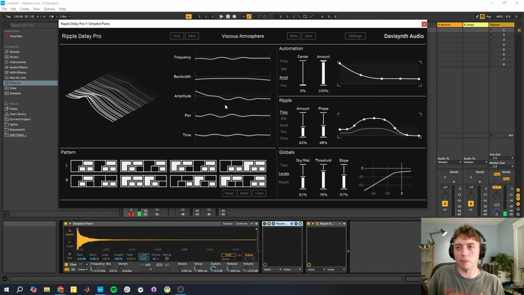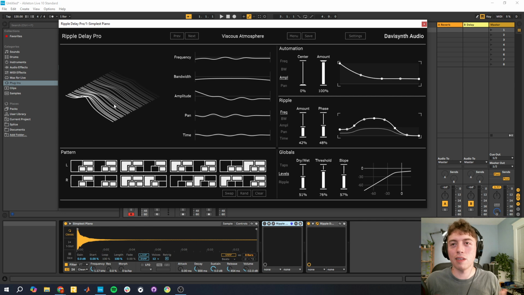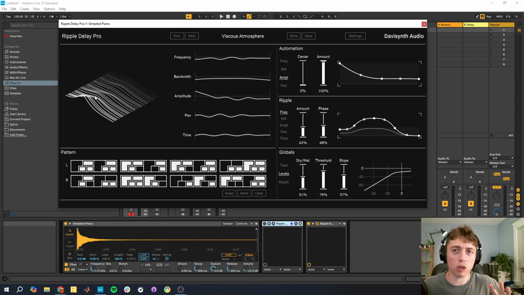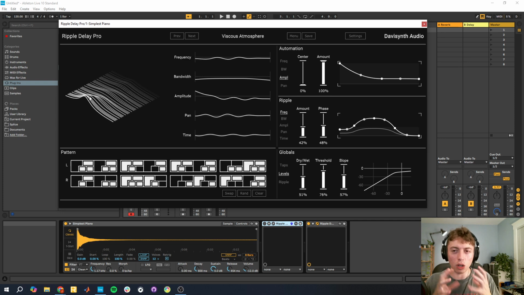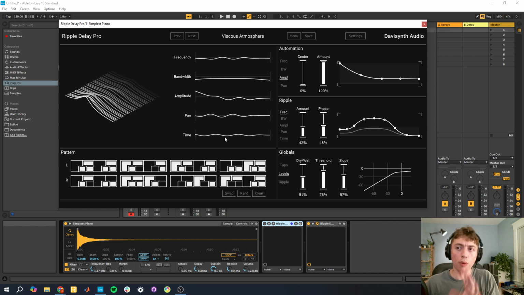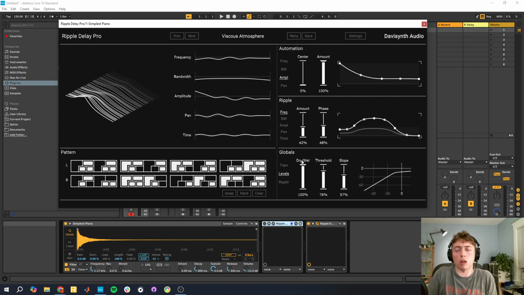I think it sounds awesome. And I think what's making a lot of that is the fact that you have this lower mid frequencies being emphasized throughout the whole thing, but they're sort of dancing around. So you get a lot of width, and that's what's getting the atmospheric there. But we have 50% dry wet. If we just set it to 100% wet,